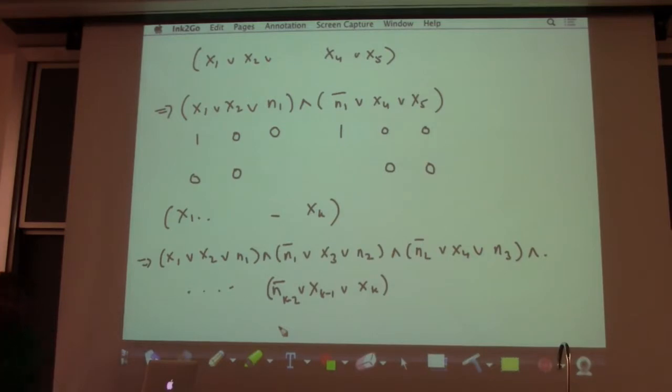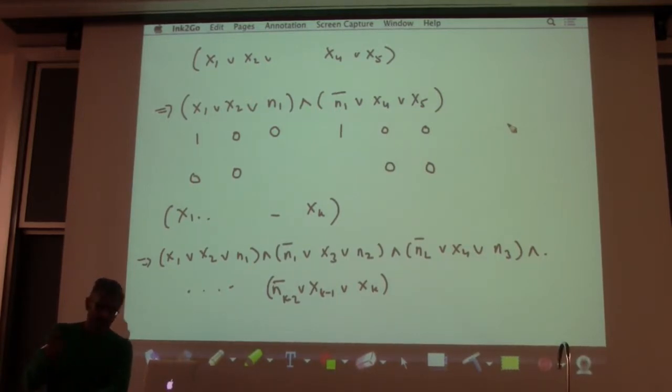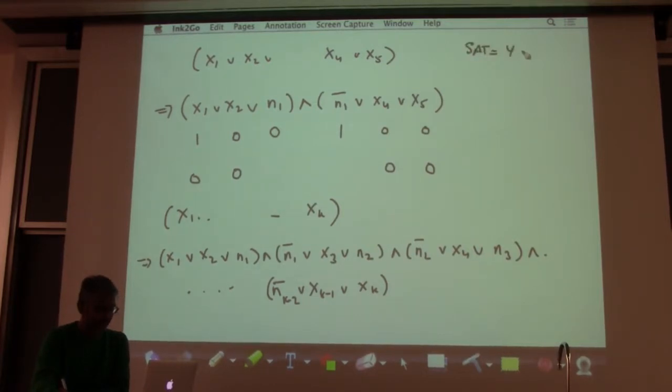Would you write the if and only if statement completely all the way out? Because I'm not sure I want that. The if and only if statement is, let me just write it here. We think of SAT as a problem, and we want to know is the answer yes or no. So this if and only if statement we're saying is that SAT equals yes if and only if